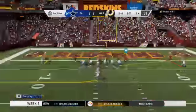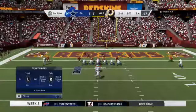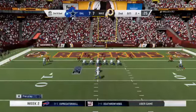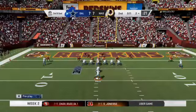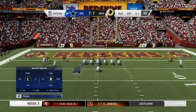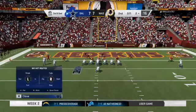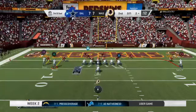From the 2 now, 2nd and goal. Mike's 5'9. Come on, D. Switch. On the 50. Mike's 5'9. Watch the